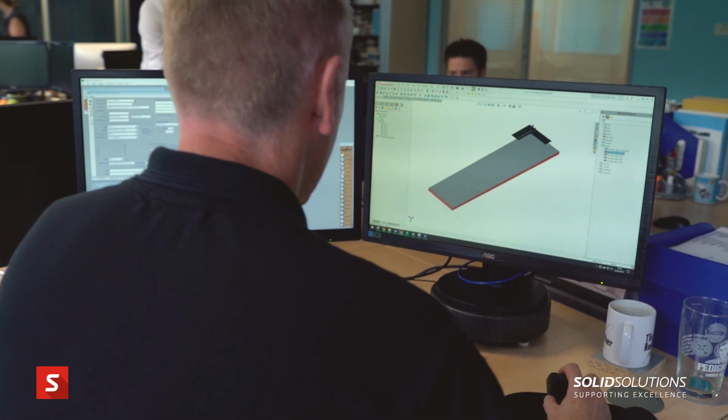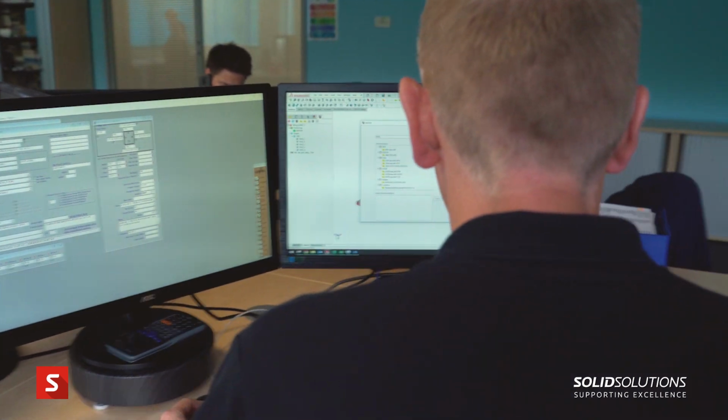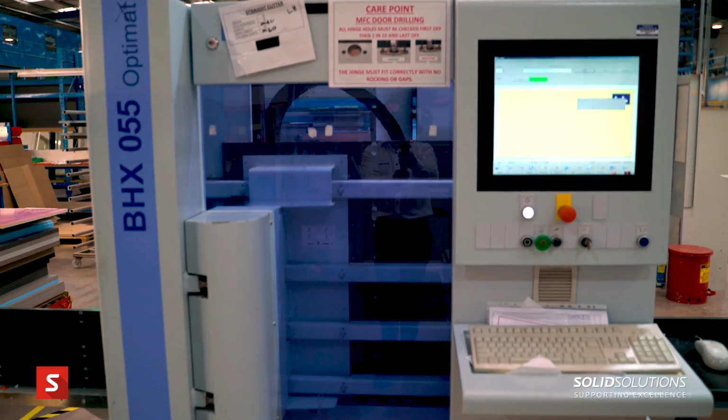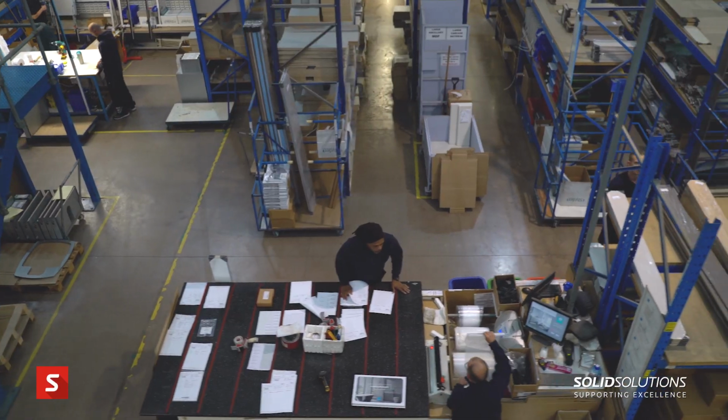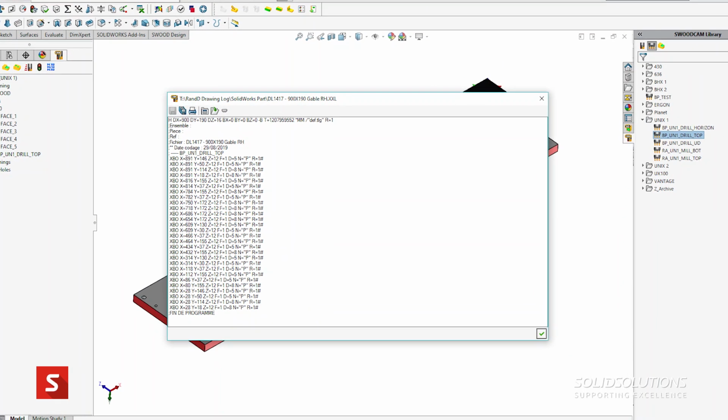Well, we've got several routes to market at Utopia, and one of them being contracts. So that's quite time sensitive, where we'll have an inquiry come in from the customer and we have to design and react and price back to the customer within a small timescale. And then if that price is accepted, we have to react with that and get it through production and out to the customer within a short time frame. So SolidWorks and Swud has helped us do that by having everything set up already. As soon as we get an order come in, we can find the right unit, change its size and shape, and issue the data that's needed quite quickly.